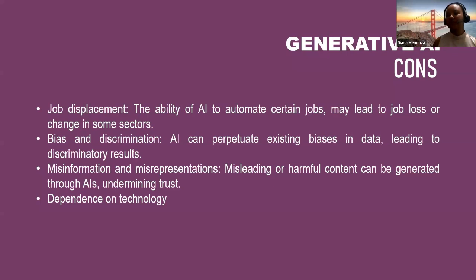And finally, we can mention others, but there is the dependency on technology. If we are 100% reliant, we are going to lose skills. We're going to lose problem-solving skills if each time we need to do our jobs we ask Gen AI for the answer. If our kids ask Gen AI for all the answers to their homework, they are never going to learn anything about responsibility, producing essays, or how to do their math homework.